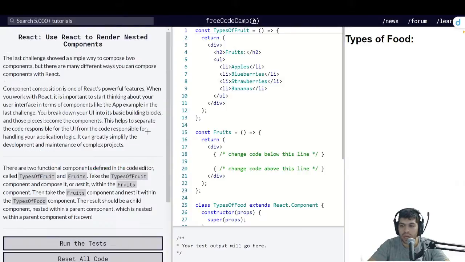Okay, so it's gonna get a little bit harder from here. Use React to render. Okay. The last challenge showed a simple way to compose. Let me see what number I am. I am on Okay. Um,